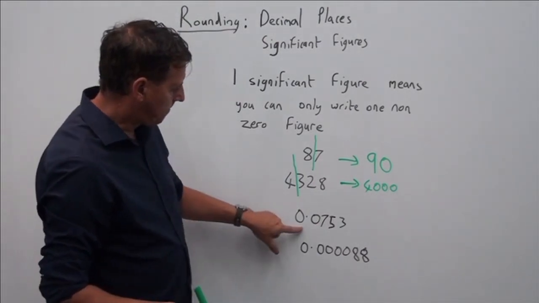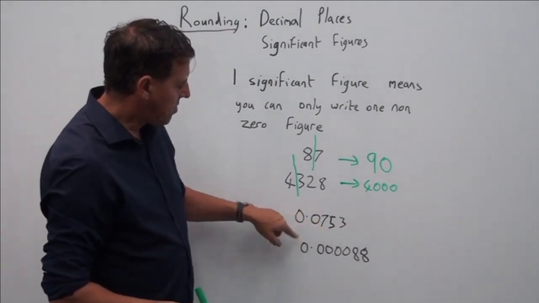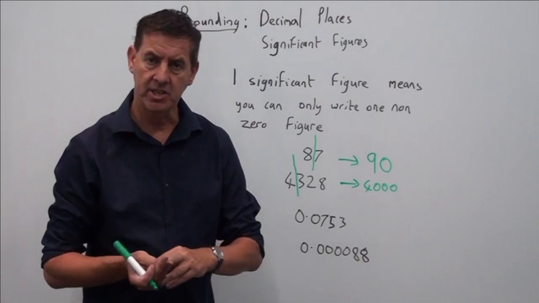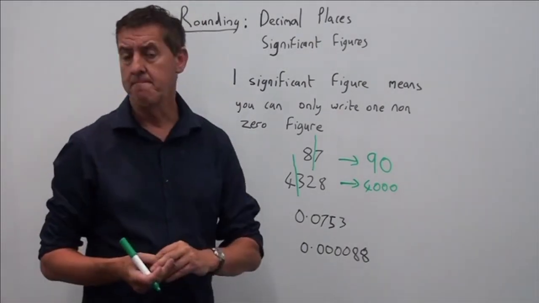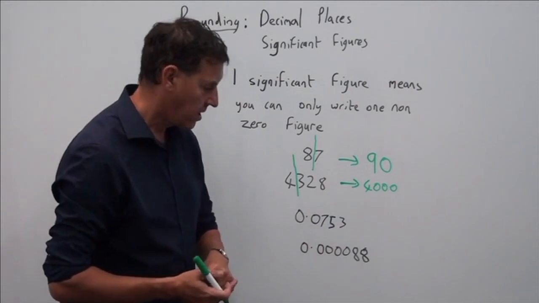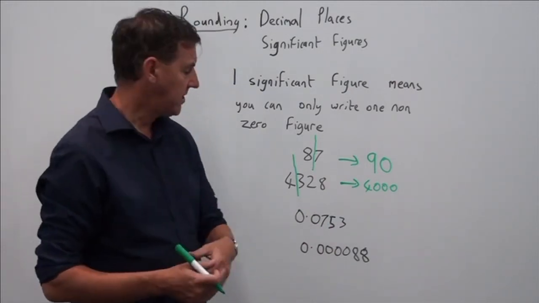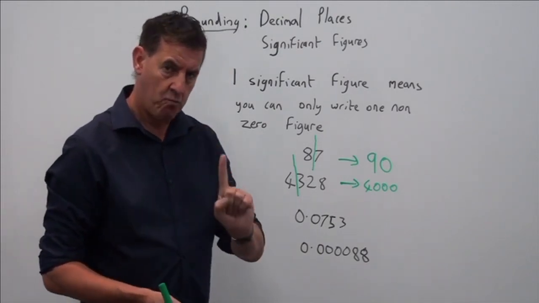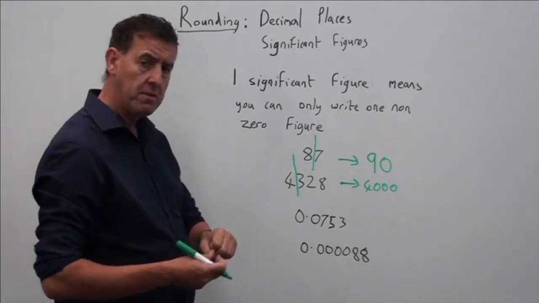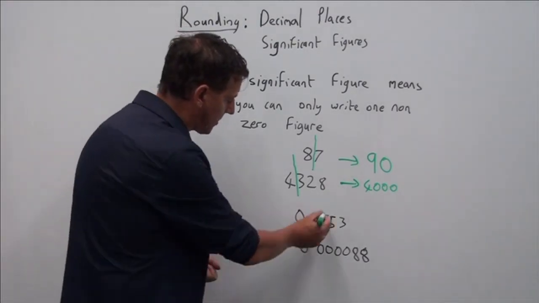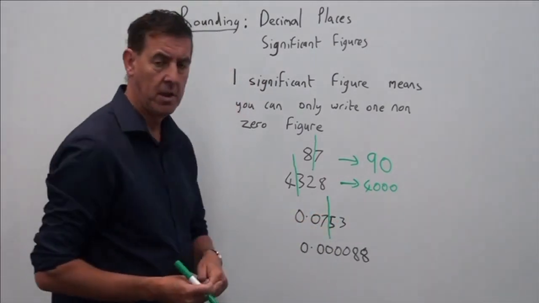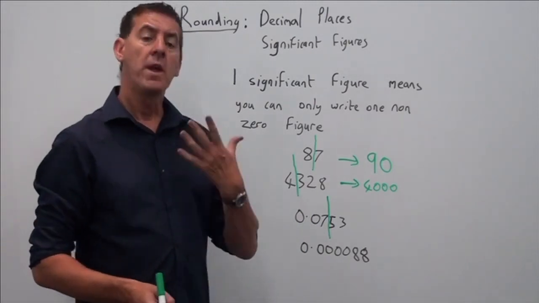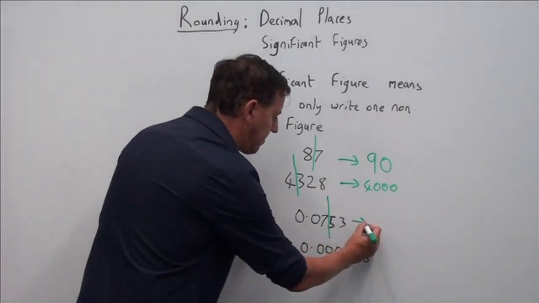If we look at this one, the number 0.0753, let's work out first how many significant figures it's actually got. Well, it's actually got 3. The 7, the 5 and the 3 are non-zero figures. So this has 3 significant figures as it stands at the moment. I'm now going to round it to 1 significant figure. So what have I got to do? Find where the first significant figure is. The first significant figure is the 7. I stop. I look at the number next door, which is a 5. Remember, if it's 5 or more, we have to round up. So the answer would be